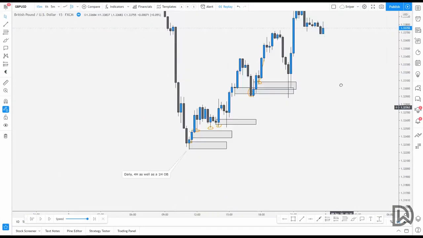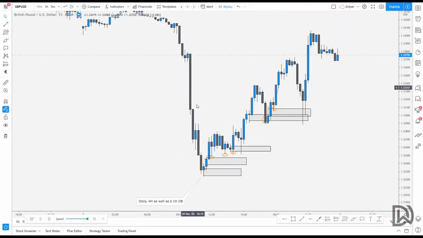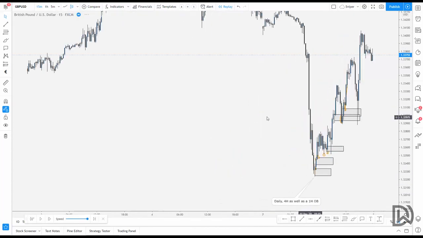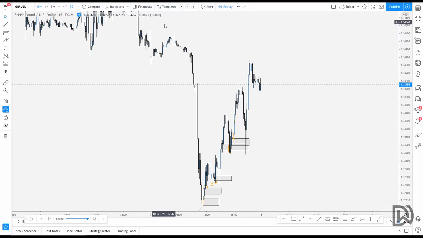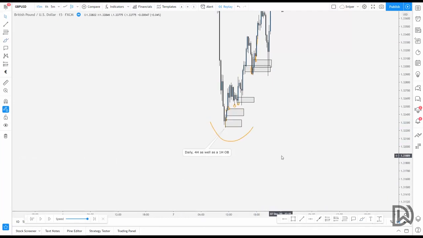So knowing that we entered this area, we know that we have the daily, the 4-hour, the 1-hour order block. Price moved dramatically with a strong impulse into this area. We can now start to look for signs of price returning towards the upside, because we know that if price moves very strongly in one direction on a Monday, we can anticipate that this could potentially be the